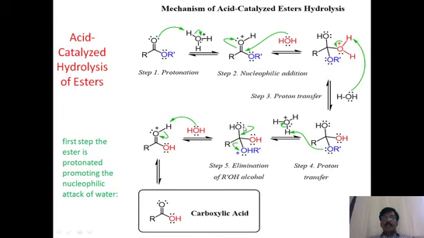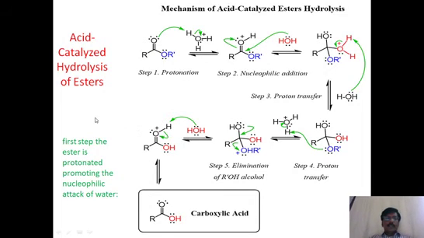You see this. This OH group gives the electron pair back, and this OR dash is removed. So OR dash is eliminated. Once this is giving back, then we get R, C double bond O here, and OH. The OH group is there already, which is coming from water, isn't it? And this proton is removed by OR dash. OR dash is removed from here. This takes this H plus, and this is how we get RCOOH.